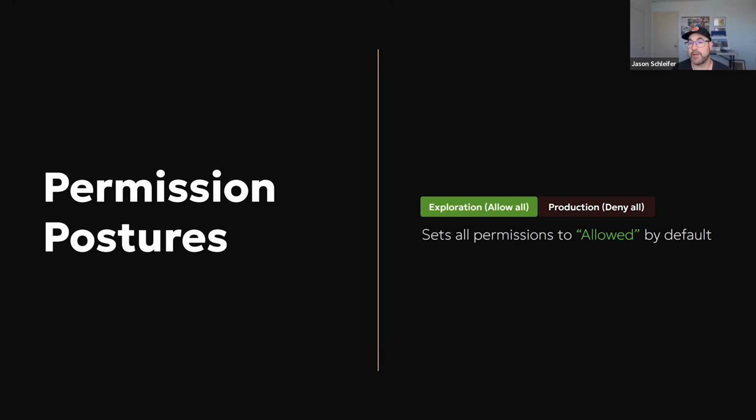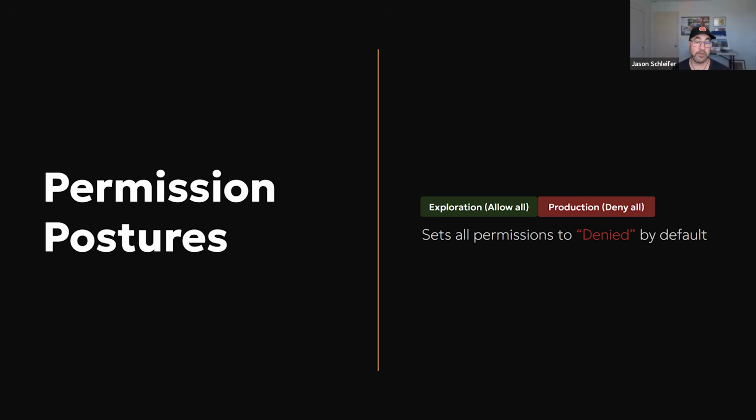And we have two different ways of providing permissions to the users that we call postures. So there is an exploration posture or an allow all posture, which basically means by default, everything is allowed. And then you can say these particular things aren't. So like allow everything except don't allow models by ByteDance, for example. Or we have a deny all posture, which is like deny everything, but then allow artists to use these particular libraries. Both of these postures are really important, and you may change those postures over time as your team grows